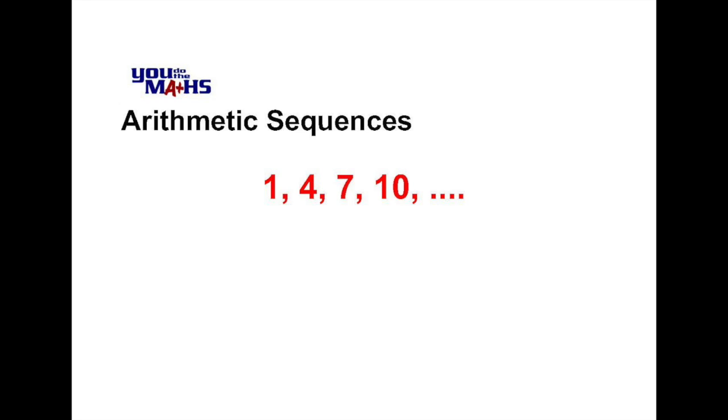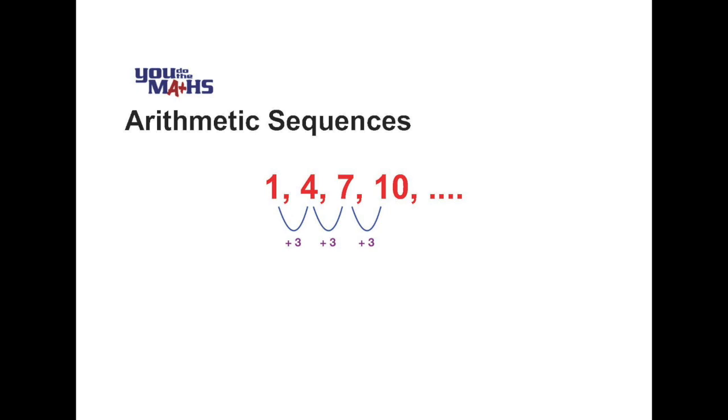In this video we have a look at arithmetic number sequences, and what makes a sequence arithmetic is that there's a constant difference between each of the terms. In this case we can see that the numbers are going up by 3 each time. So before we define a rule so we can explain this sequence, let's have a look at some basic sequence